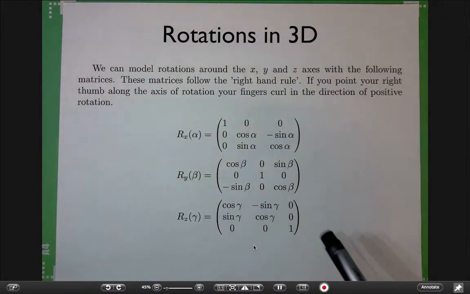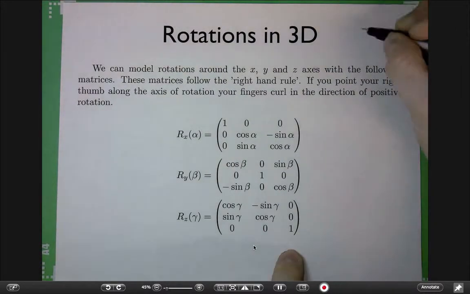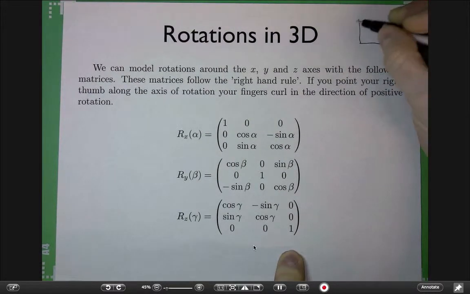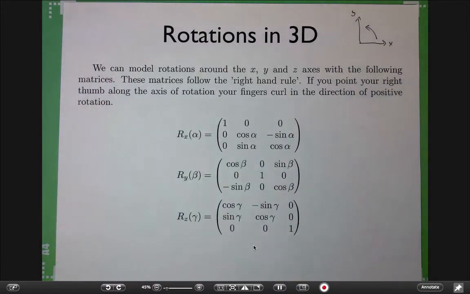This has to do with the right-hand rule convention. That's the usual convention: by default in mathematics, we are rotating counterclockwise with respect to the right-hand rule. That means if you put your thumb along the axis you are rotating about, then you are rotating this way, in the direction of the fingers. So in 2D, there was really no confusion, right? If I had my x and y in 2D, then the counterclockwise rotation, the right-hand rule, always had to rotate